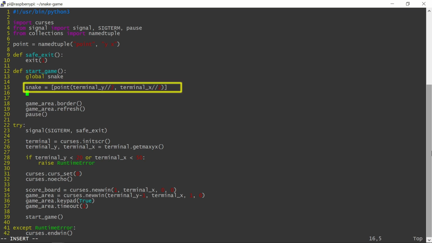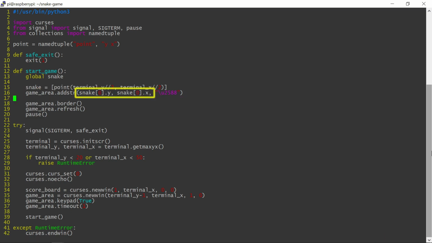It's important to realize that the snake object is held in the computer memory, but displaying it on the screen requires additional steps. The addstr function is the basic method to place content on the screen when using the curses library. Each content piece is placed starting at a specific y-x coordinate. I will use a full block character to build the body of the snake, represented by a Unicode value of 2588, which looks just like a standard cursor.